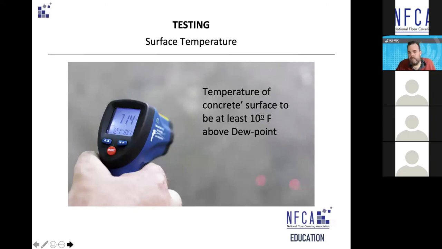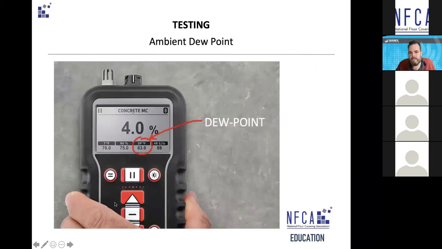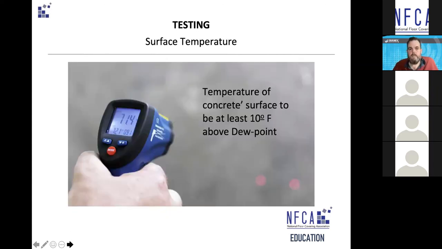So the surface temperature, the only reason to check the surface temperature would be in an instance like this, where you're sort of close to the dew point. So if you're more than 10 degrees here from dew point, you can check the surface temperature if you want, but where the temperature here is 70, the surface should be about 68. This is obviously a different piece of concrete, but